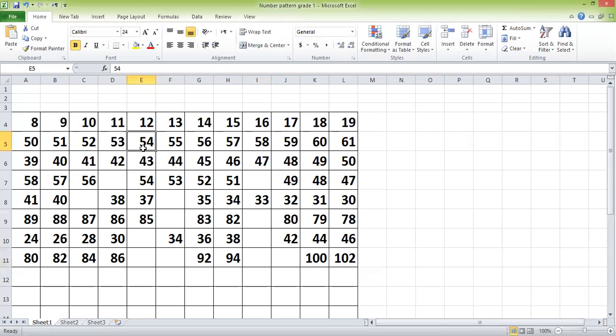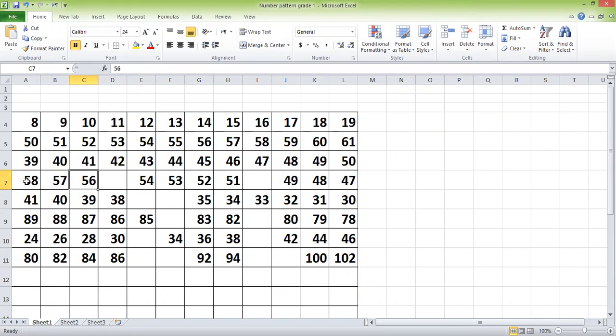If you look at this pattern, you can see, guys, this is 58 and this is 57. Okay? This is 56. So guys, the pattern is arranged here not from smallest to greatest, but from greatest to